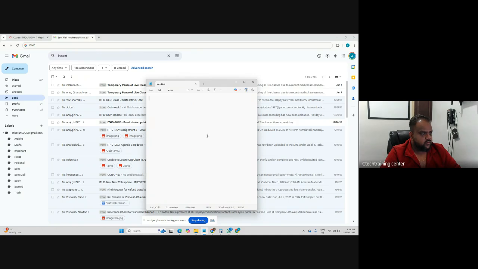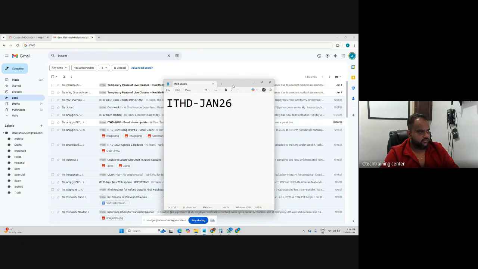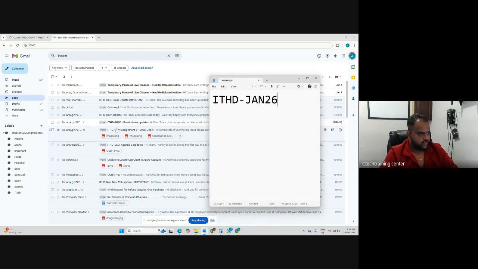Your batch code for your batch is IT helped us dash JAN26. Okay, that is your batch code. Every email, if you see here, has its batch number, which is how I know this email is coming from this batch.